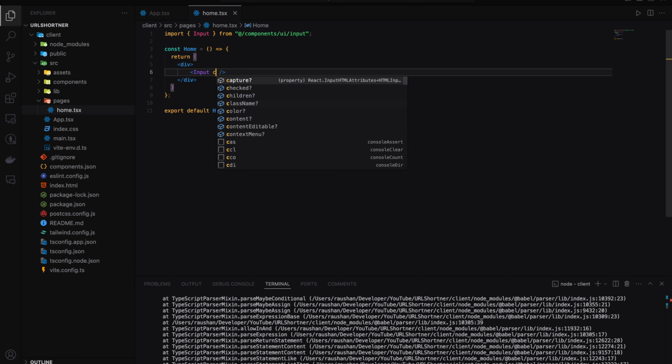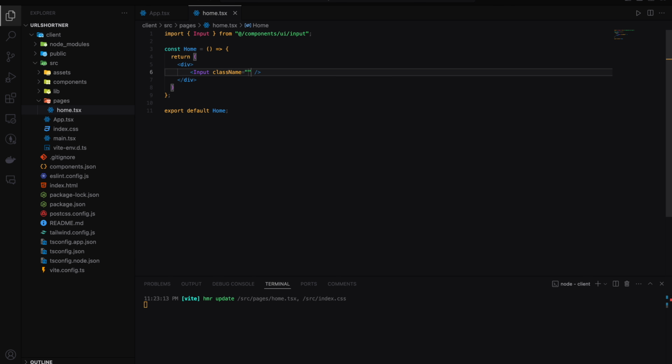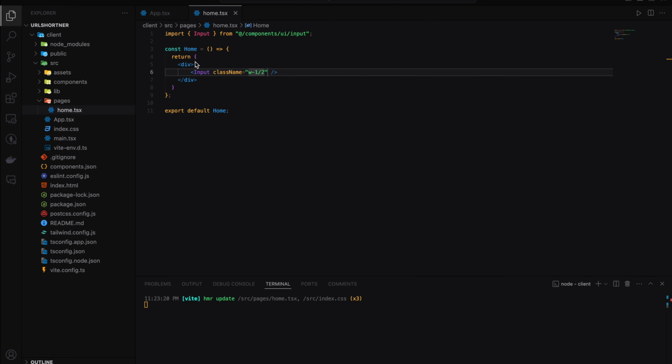So for that, className is going to be width 50%. You can see, and make it center. So className flex, and also flex-col,